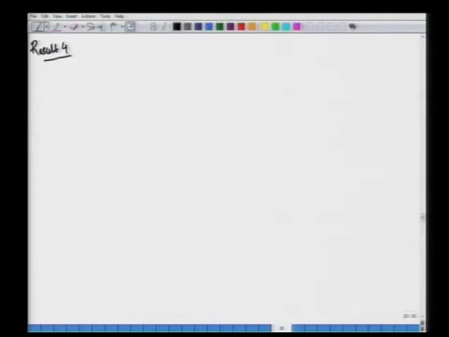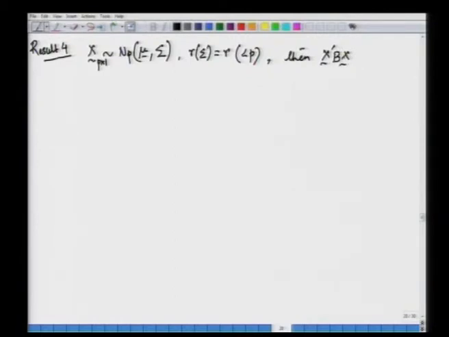So, this is our result 4 and we take that X is following a p-variate multivariate normal distribution with the mean vector mu and covariance matrix sigma, and as mentioned we have rank of sigma. Now, this is p dimensional, so this is a p dimensional square matrix, but we take the rank of sigma as R, which is strictly less than p. So, this is the important relaxation that we are doing. This is the situation, then the quadratic form X transpose BX, say, is going to follow